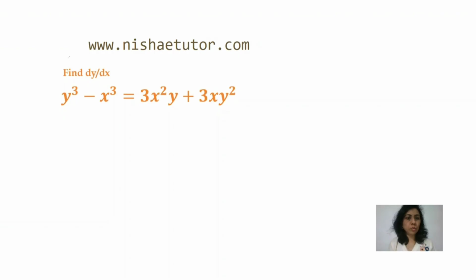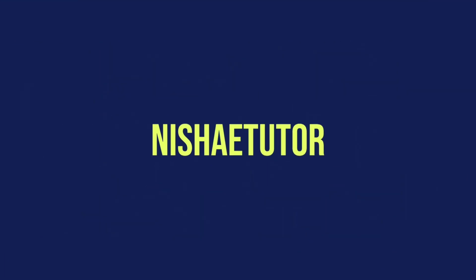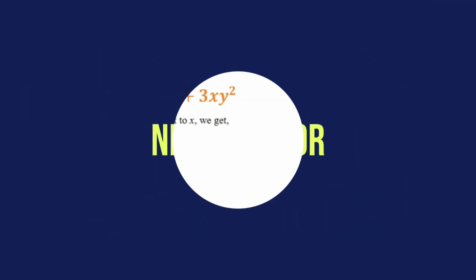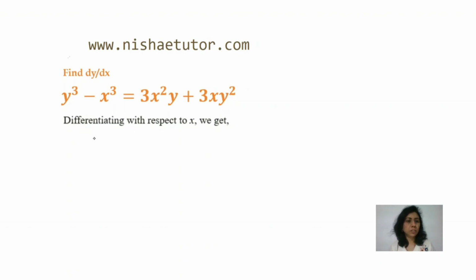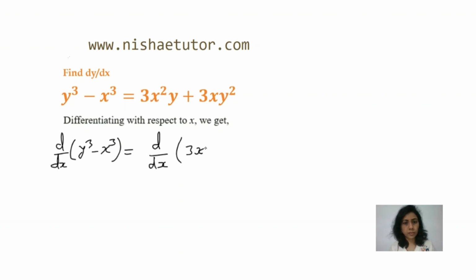In this video, we are going to find dy upon dx if given this equation: y cube minus x cube is equal to 3x square y plus 3x y square. Differentiating both sides with respect to x. So here d upon dx of y cube minus x cube is equal to d upon dx of 3x square y plus 3x y square,